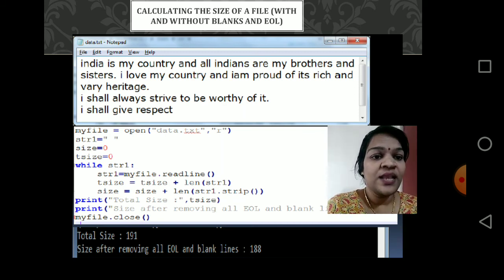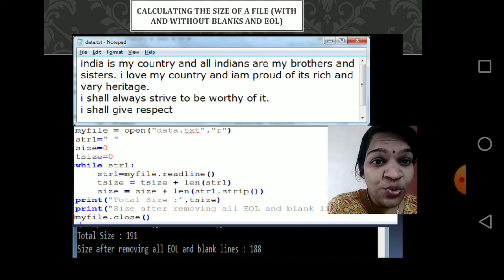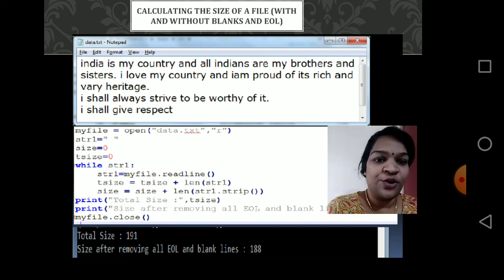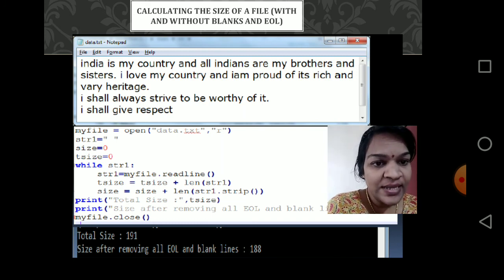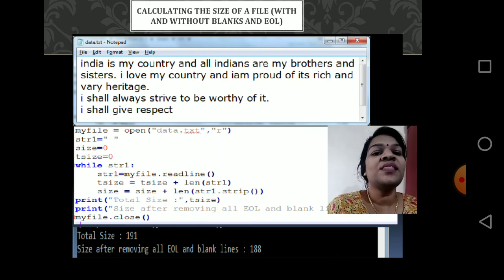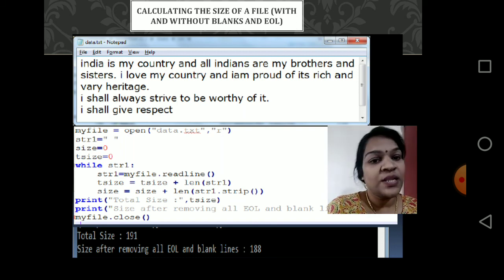Size will contain the size of the file excluding the blanks and end of lines, and finally the file is closed. See, what we are learning here is how we are using the data that has been taken from the file; it can be taken and used for some other purposes.